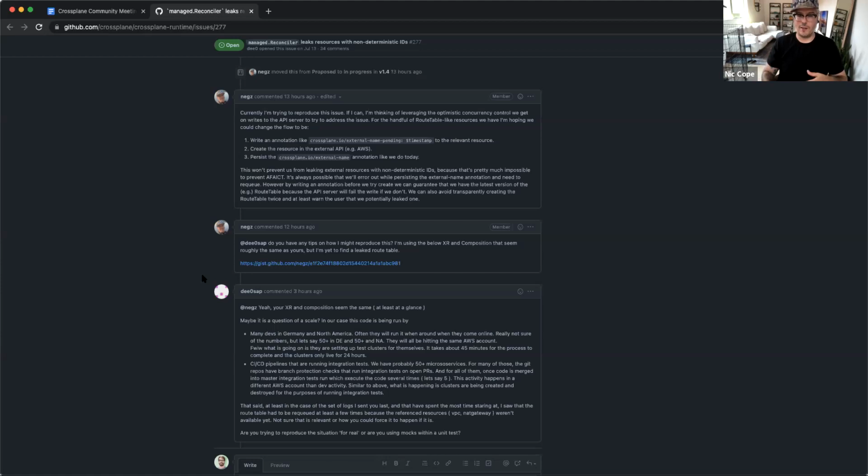The risk there is that we'll come in and say, okay, we need to create something in AWS. We'll make a create call. AWS says, hey, the unique ID is this. And we'll say, cool, I'll go write that to the API server. And then because of optimistic concurrency control, the API server will say, nope, I reject your write. You can't write this. We'll error out and return, and we will not have persisted that ID to the API server.